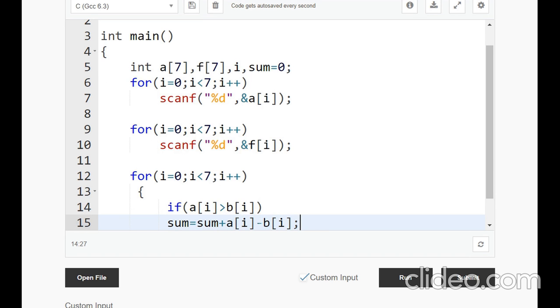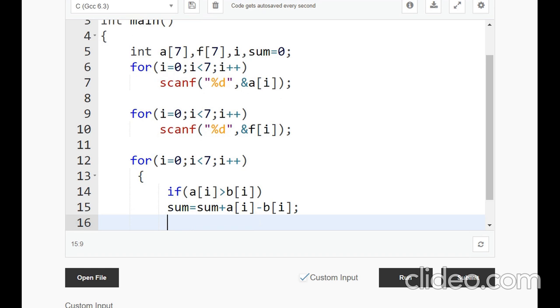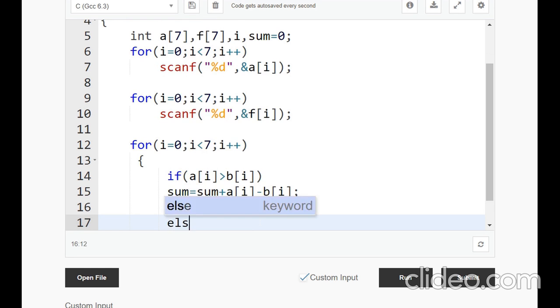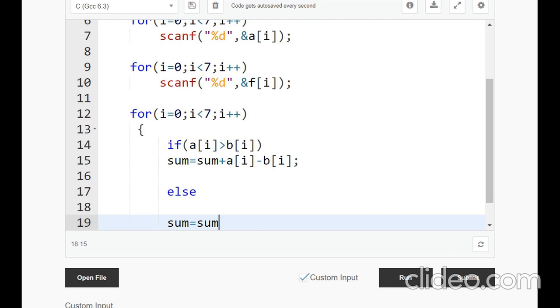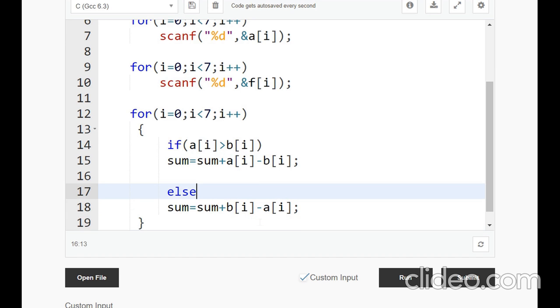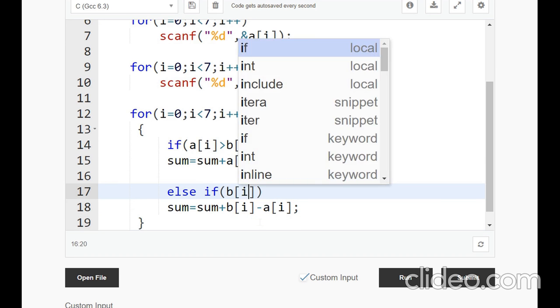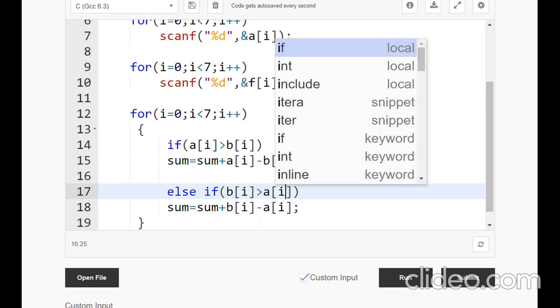I am doing subtraction because they have said absolute difference. Then else, sum equal to sum plus B of i minus A of i. And here again I need to mention the if condition: if B of i is greater than A of i.